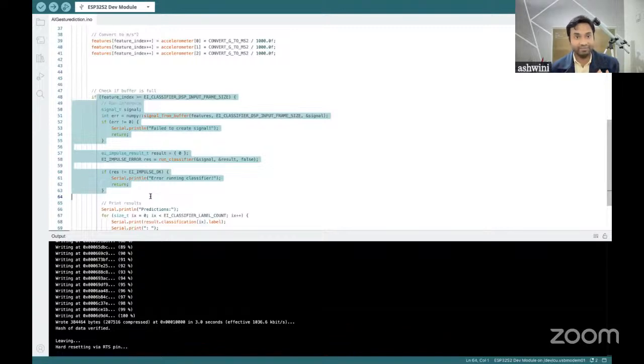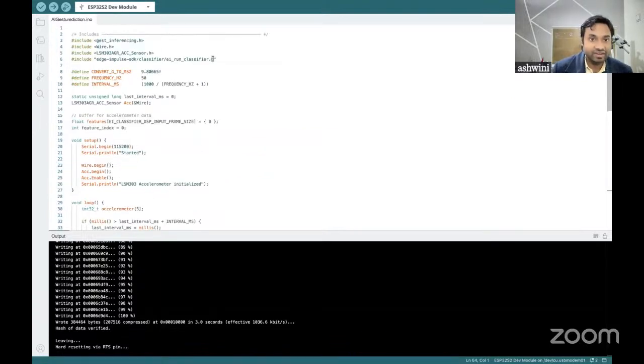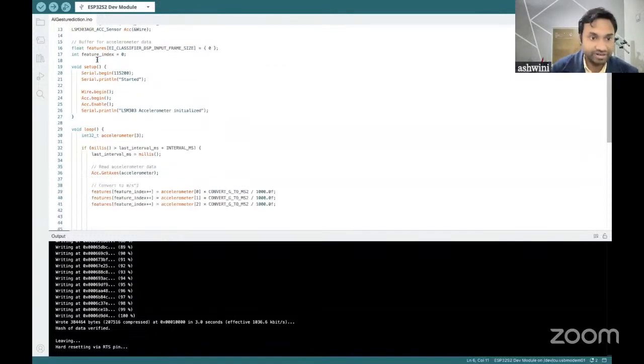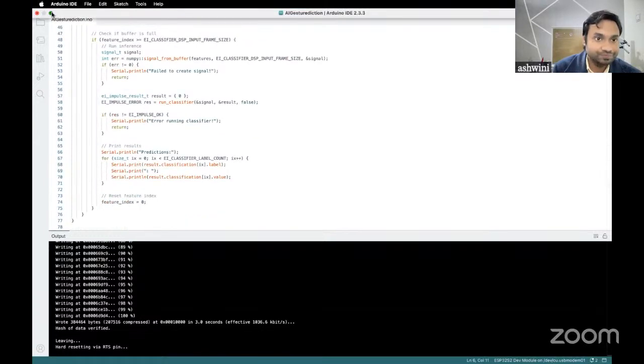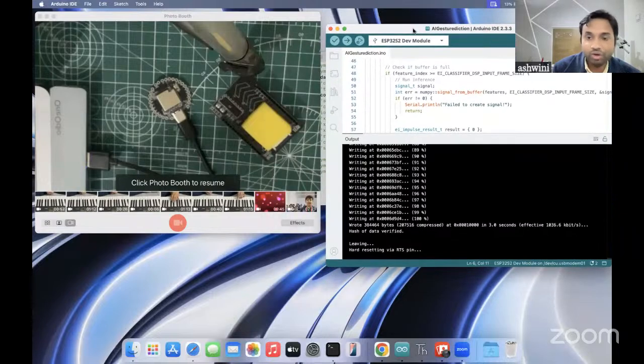It will call out the ML model using this. Here is the ML model kept at this path, so it will automatically extract the ML model that is trained on the library. And after that, when I upload this code, now what I'm going to do, here you can modify this code